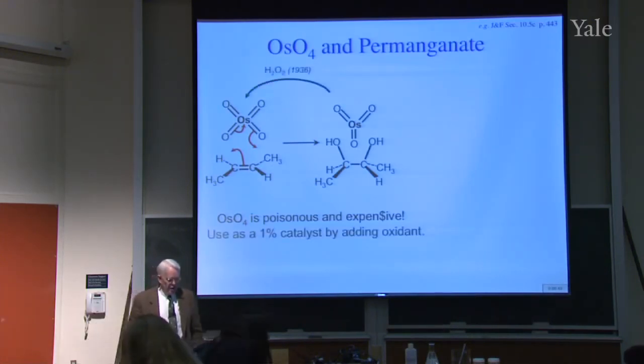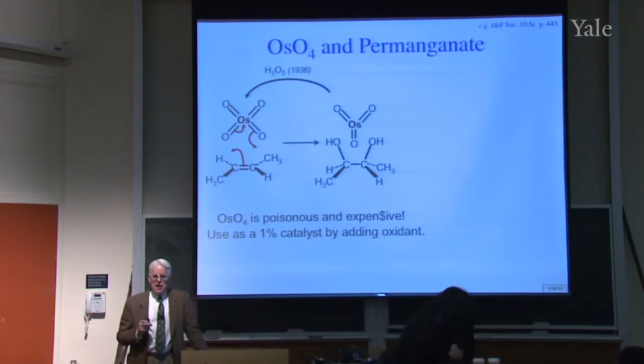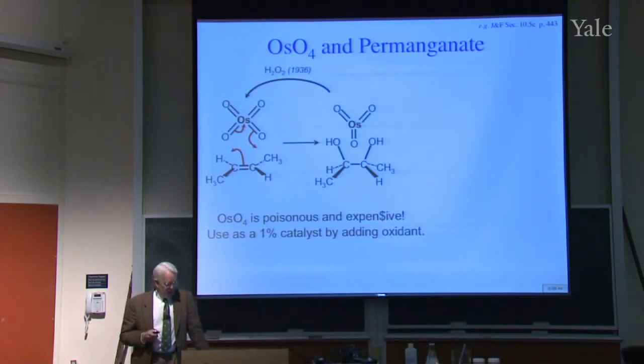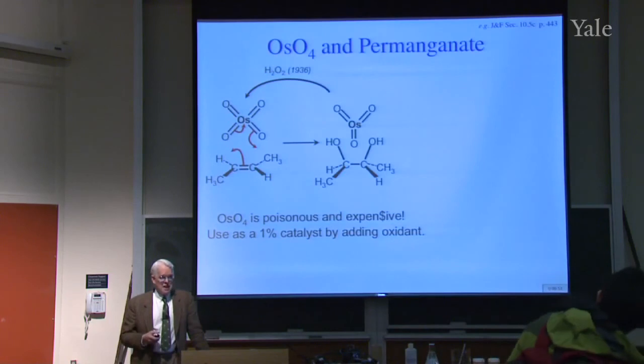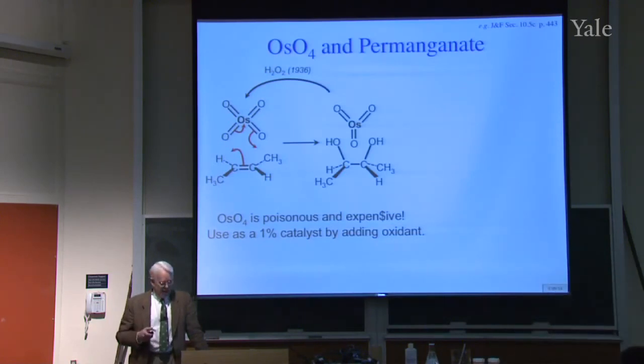So you have to figure out some way not to use so much of it. And the way you could do it is to use just a little bit of it as a catalyst and put hydrogen peroxide in there in order to convert the osmium equivalent of trioxide back to the tetroxide again, so it can cycle around and keep doing the reaction. In fact, it was improved in